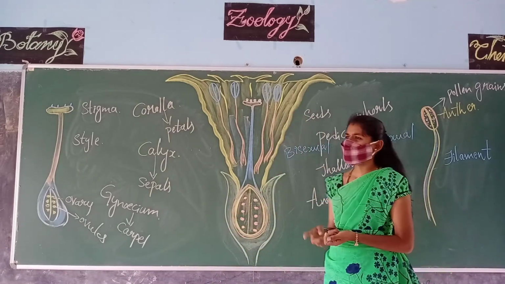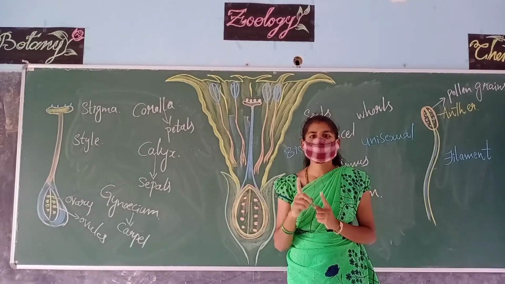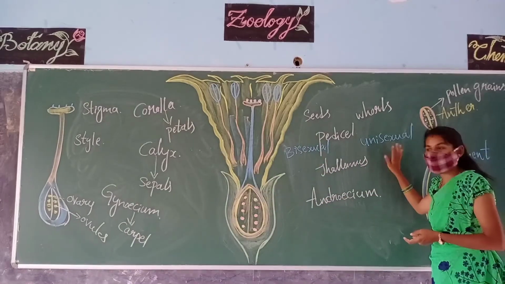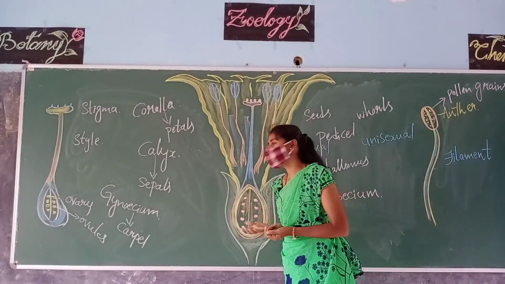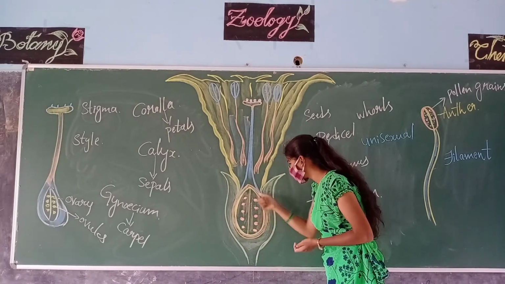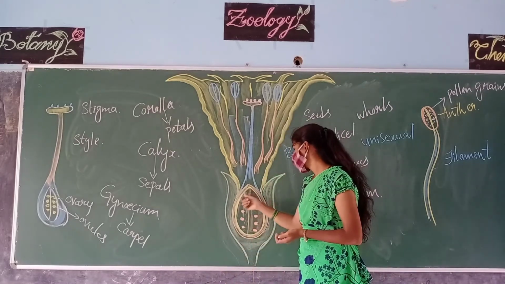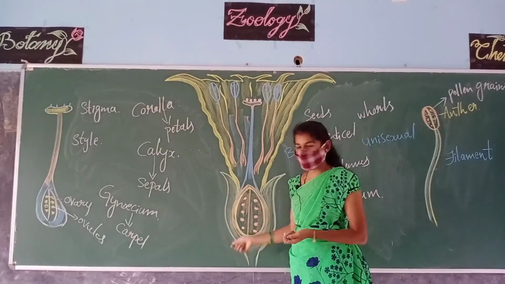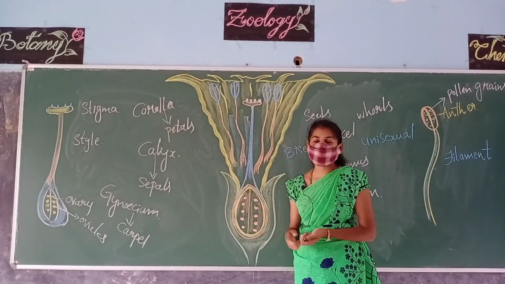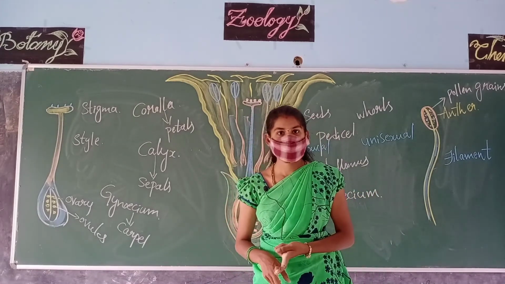If we consider any flower that is having either an androecium or a gynoecium, any one organ present, then it is called a unisexual flower. Again, how the petals are arranged on a flower or how the ovules are arranged within the ovary is a different study. The arrangement of ovules within an ovary is called placentation. The arrangement of petals within a flower is called aestivation. In our further videos, let us go with placentation and aestivation. Fine. Thank you.